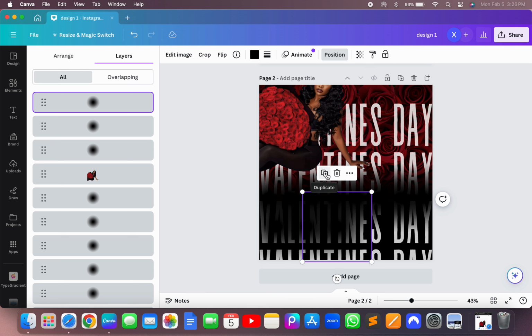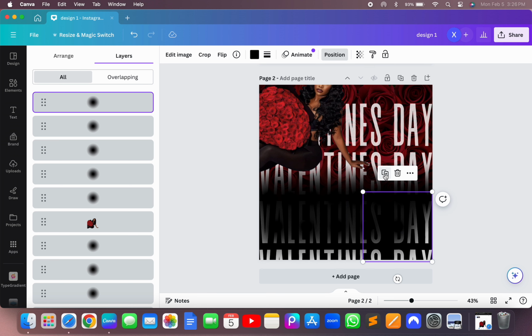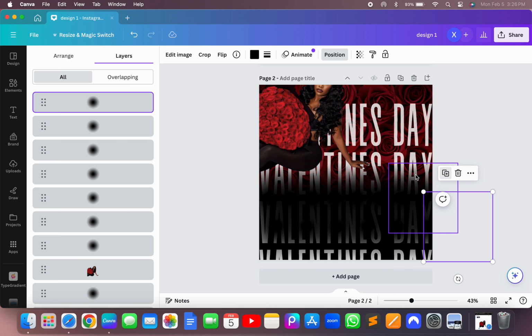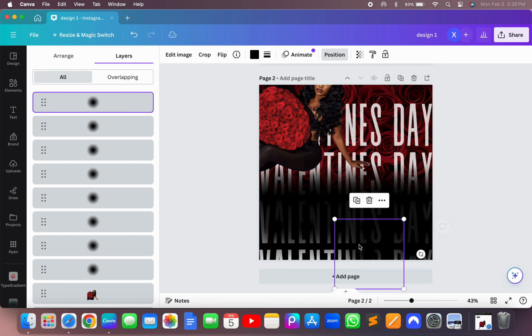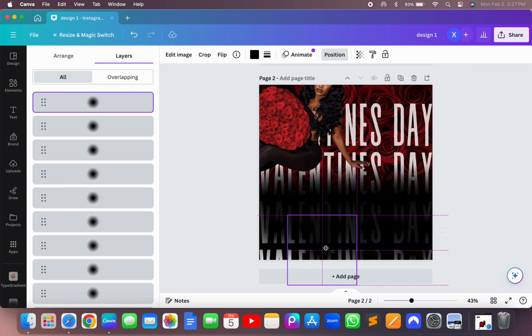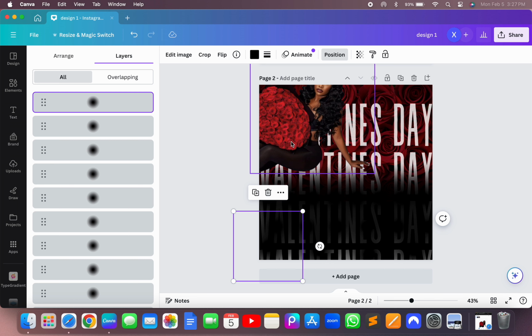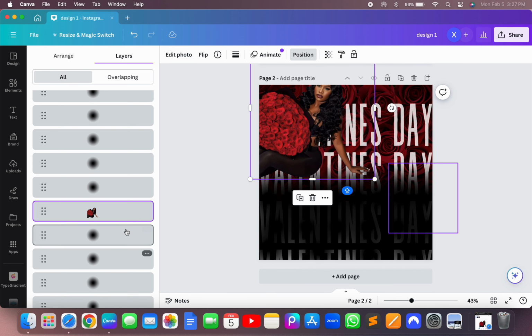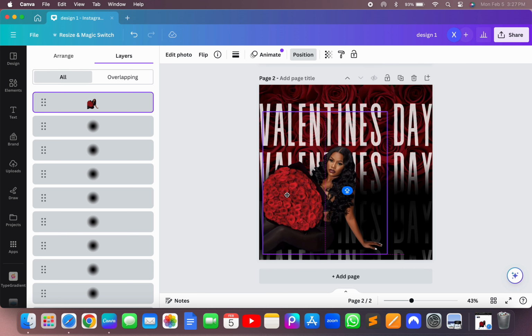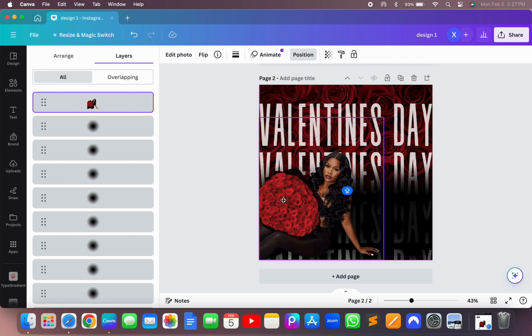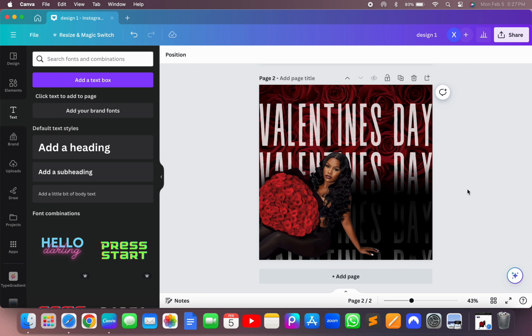So now I'm just adding more of the blur throughout. You can add as much as you want. You can make it as perfect as you want. For me, I just decided to add as much as I could, but I still wanted it to still have that gradient, ombre effect, where it's getting less and less noticeable, but it's still there. So I did that, and then I am going to go ahead and